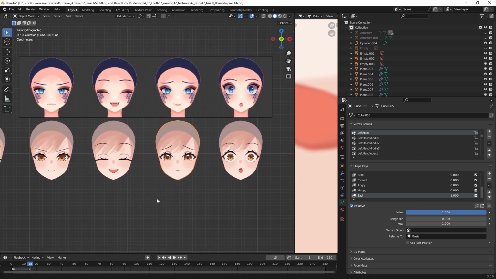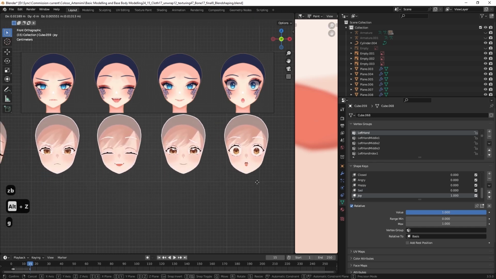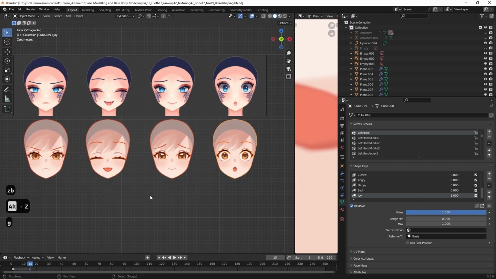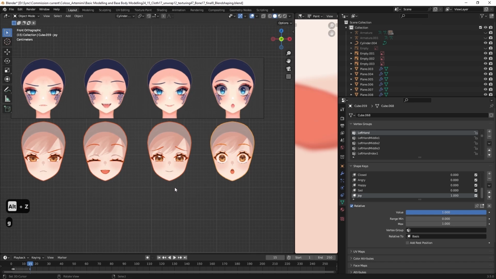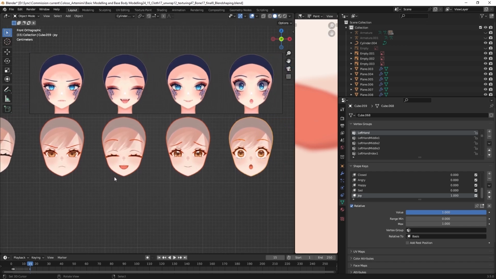So actually we will create more exaggerated expressions based on these four expressions by using 2D elements and making these expressions more 2D. So yes, like adding a plus and adding a tear or something, or a shadow to make it look more angry or something like that. So yeah, next we're gonna talk about the exaggeration expression. So see you in the next class.